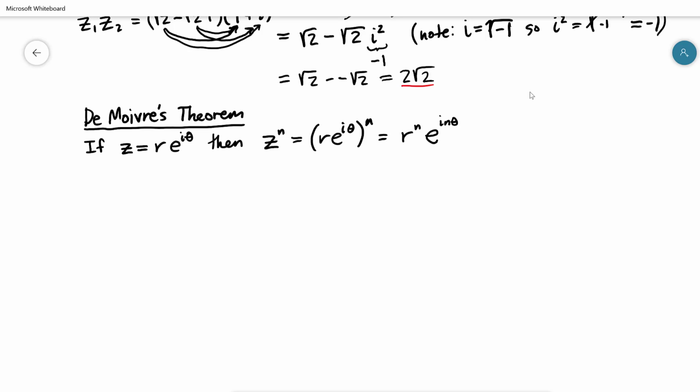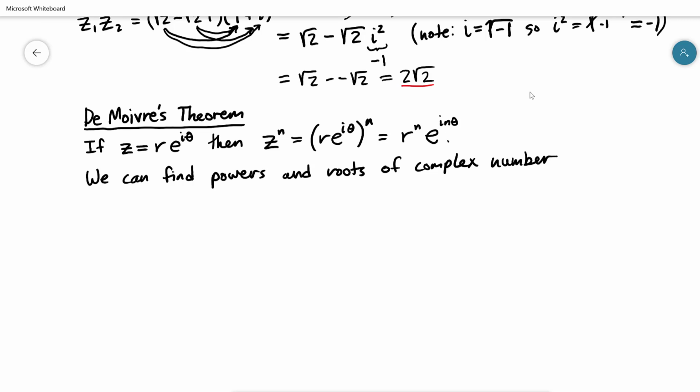So this is what de Moivre's theorem says, and it doesn't matter whether n is an integer or if n is a fraction like a half and we're finding a square root instead. So essentially, we can use this to find roots. So find powers and roots of complex numbers. Powers are pretty straightforward. The roots are a little bit trickier